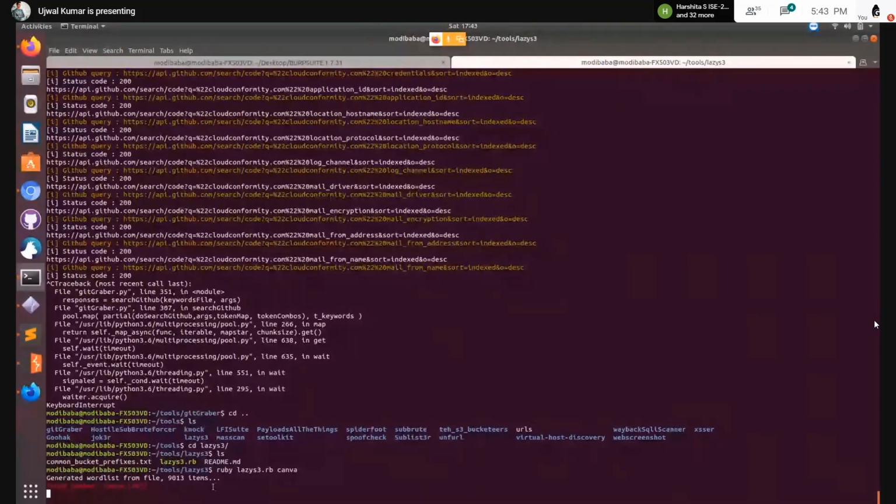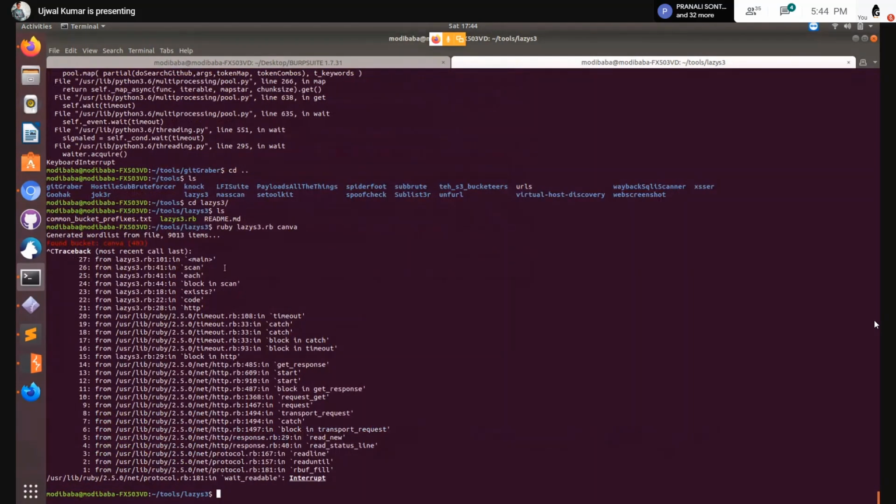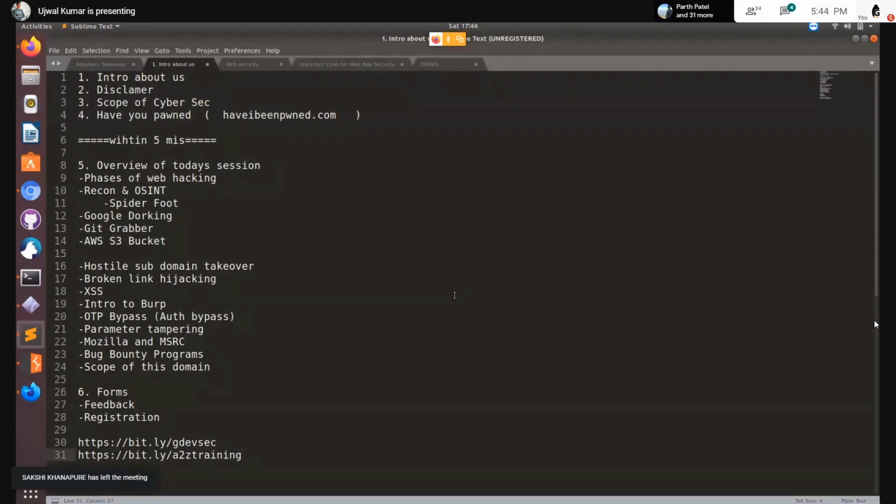So this is how we use the S3 bucket. This shows 403. The 4XX series is for errors like not found. If this would have been 200, then definitely that particular platform's S3 bucket, s3.amazonaws.com, would have been available, and you could have taken a look at all the important sensitive data, which you can always use. So these are the tools which we would use. Also, I need to tell you that